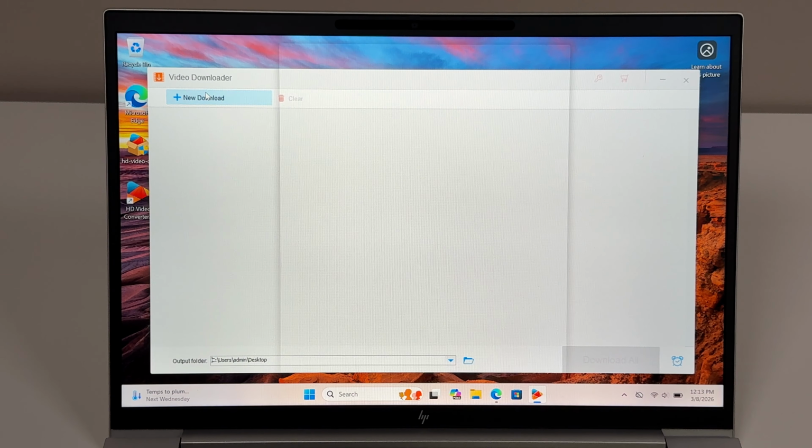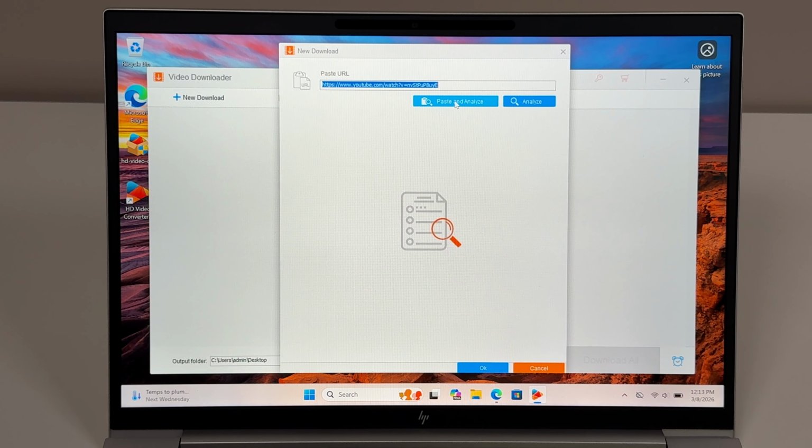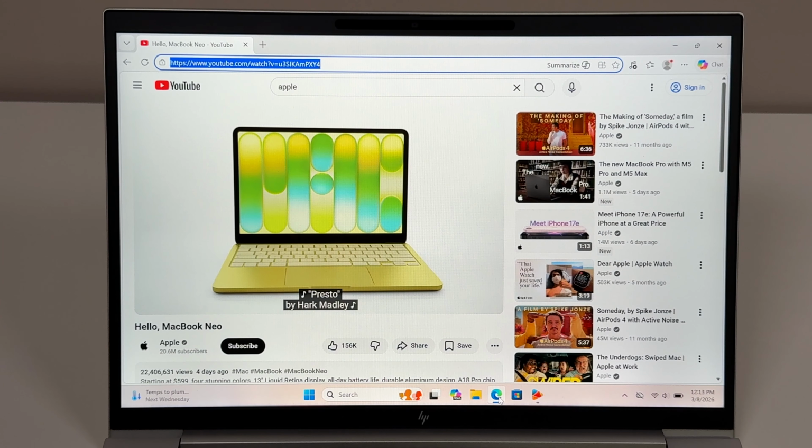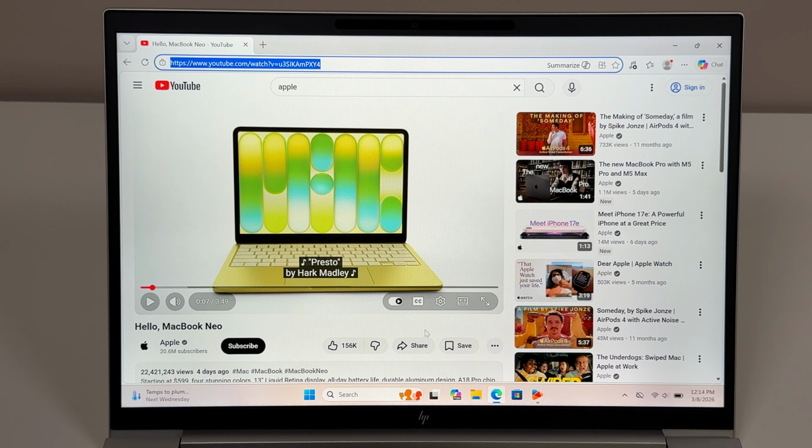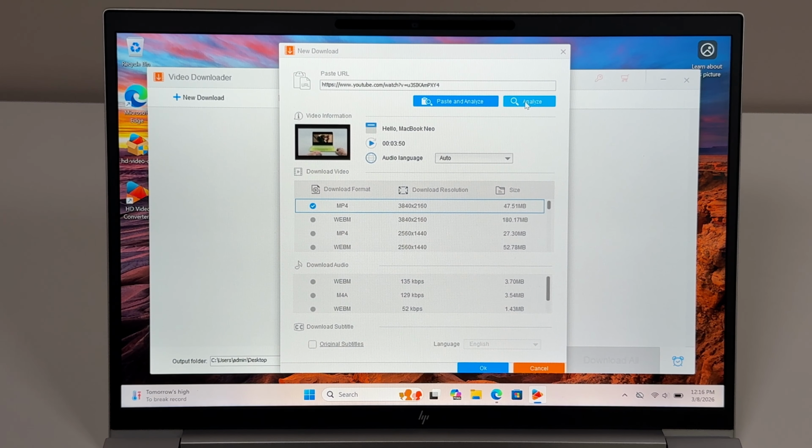Now we'll do new download. Now it's detecting what I copied in here already, but what I did, I went to a YouTube video, which is the new MacBook Neo from Apple introduction video. So we're going to copy that URL. So there, I pasted and it analyzed here,